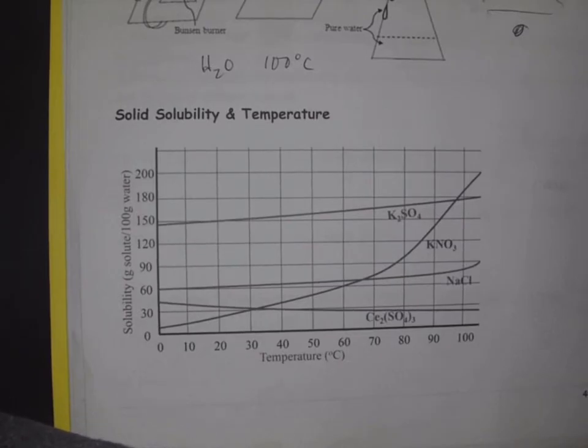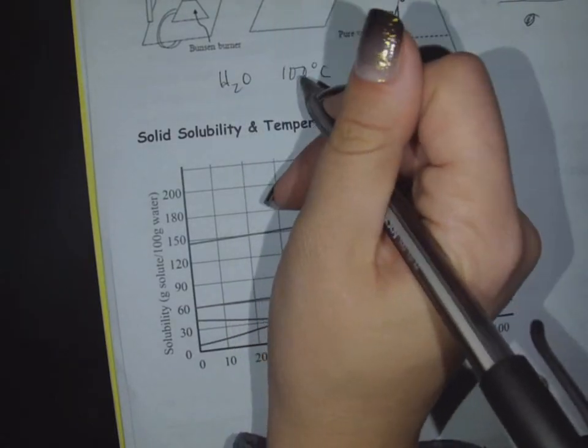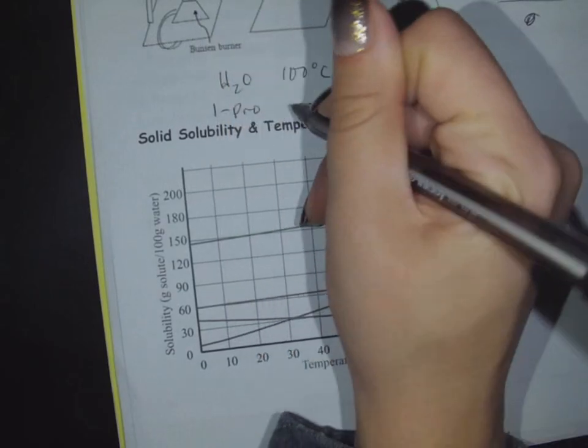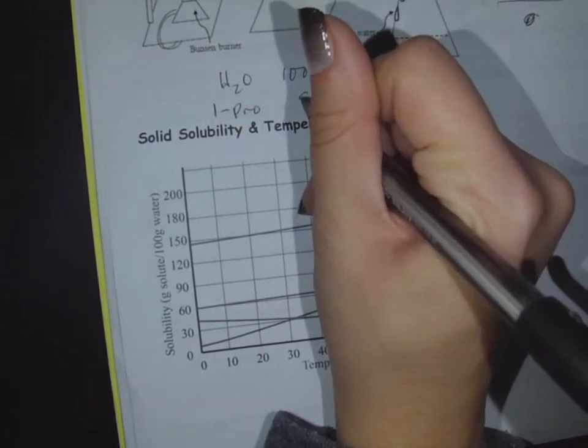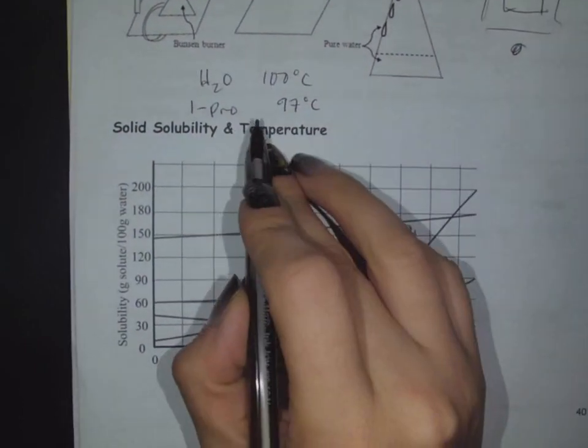No, it's giving me propane instead of propanol. Sorry guys, I'm trying to find a good example for you. Oh, this one works. Okay. If I have this and I have 1 propanol and it boils at 97 degrees Celsius,